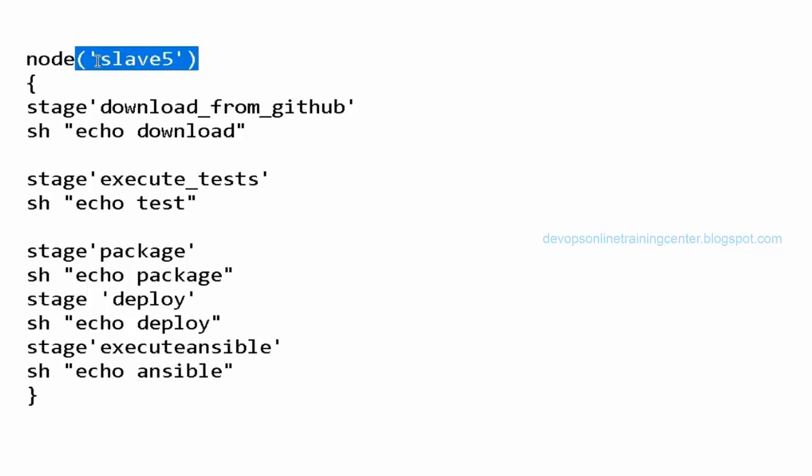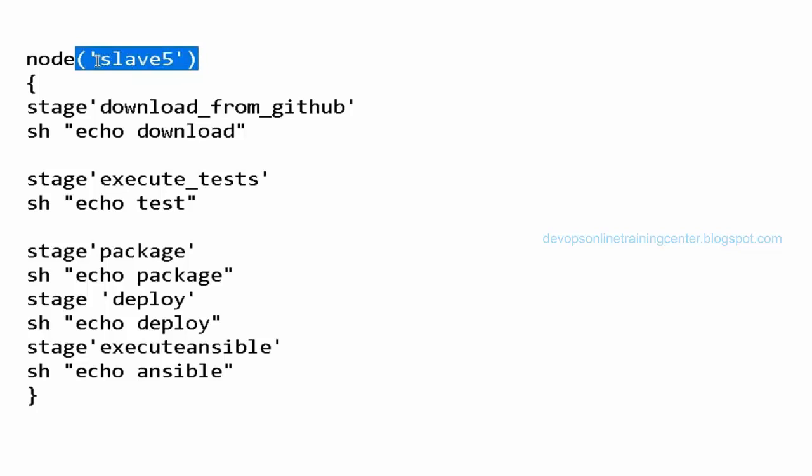Like we restrict the script to run on one of the nodes, there we just give slave 5. So the same thing I'm doing in this Jenkins file. In a Jenkins freestyle job, we have an option to restrict where this project can be executed. There I give slave 5. Instead of that, I'm doing it in the Jenkins file this way.